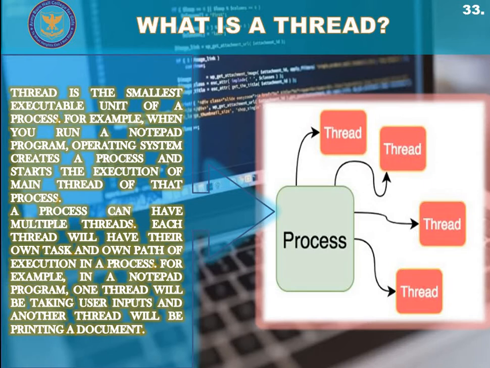Likewise, you can take an example of Notepad. You know that its interface is like an MS Word software, and you can write down something on Notepad. So in the Notepad program, one thread will be taking the user input. Its white interface, its white electronic page would be taking the user data continuously, and another invisible thread will be printing a document or an instruction like that. So the point to ponder upon is that a program or software is there.